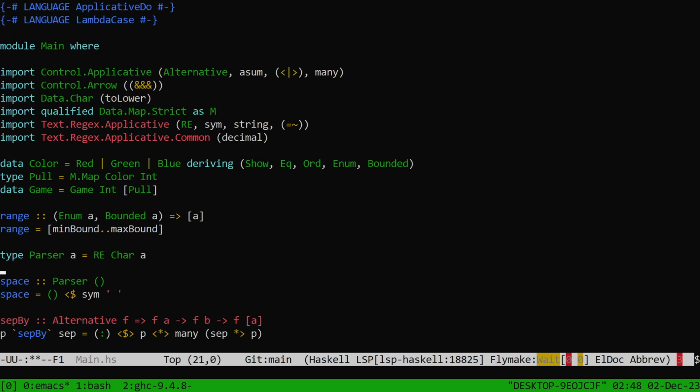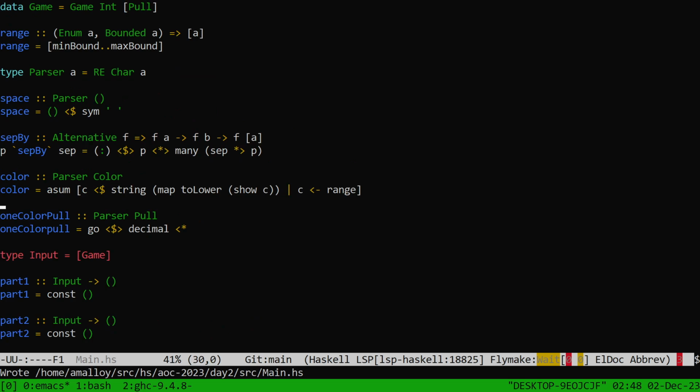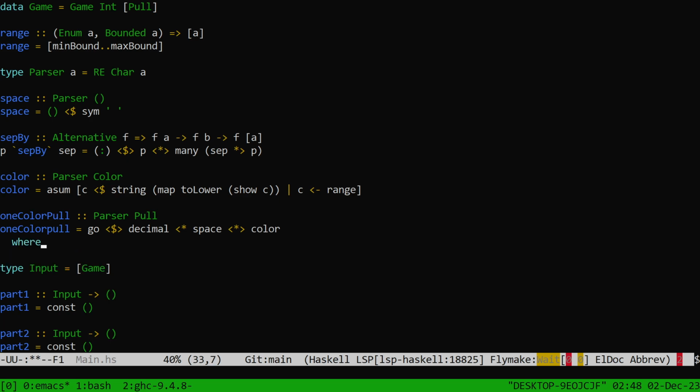I have sim, right? Yes, okay. So I could just write sim space here, but I'd rather just write space. Decimal space, and then color, where go of num c is M.singleton, that must exist, of